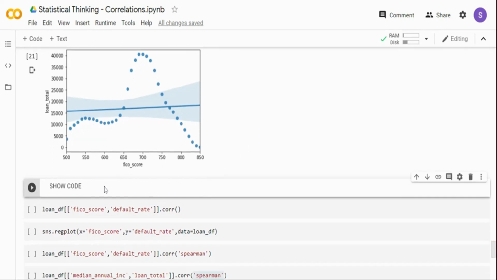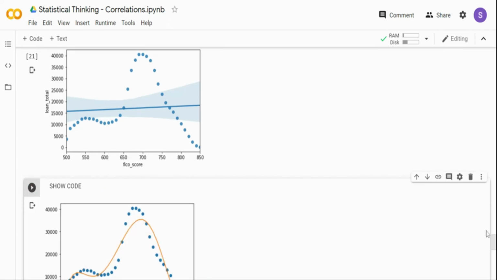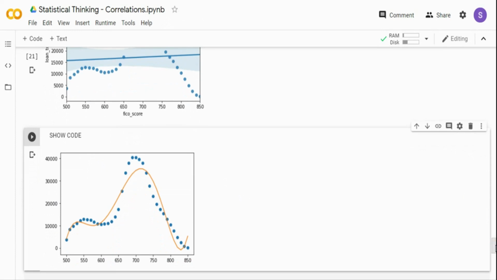Now I will just quickly show you how it looks if I use a polynomial term. I have disabled the code for a reason, because I'm going to cover it separately in the next video. I don't want to go into the code now, but I'll quickly show you how it looks. What I have done over here is use a fourth order polynomial, and with it I'm getting a fit that is almost close to the actual. There are still some points away from it, and that's pretty natural. You don't want your coefficients to overfit the data set. So basically here I'm using a fourth order polynomial to fit the data.